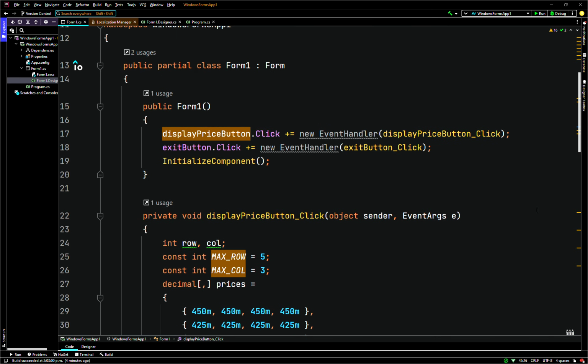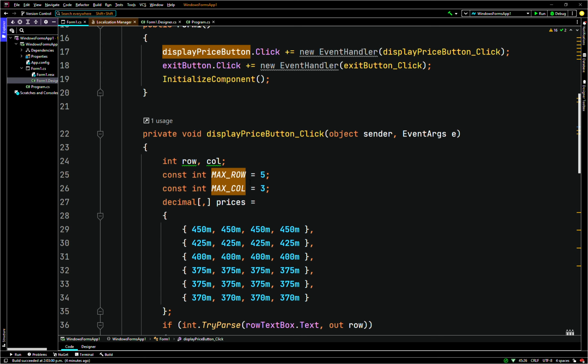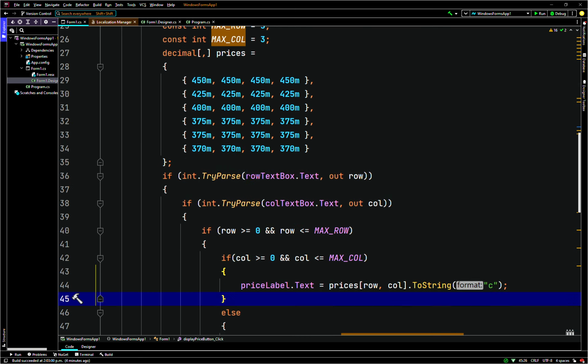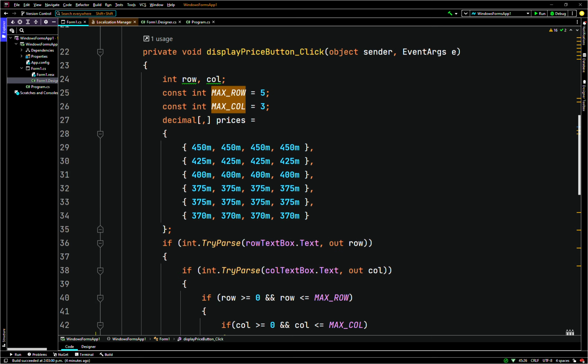Actually, maybe we could. Actually, you guys get the idea. We've already done these examples already. So we'll probably just end it there. Oh, actually, we could just do a quick step through because there's no real loops here. So we'll just set a